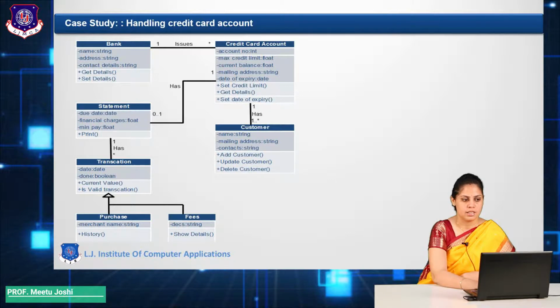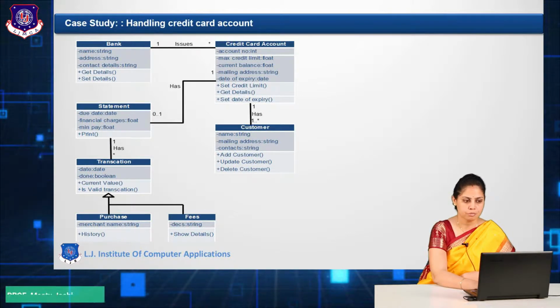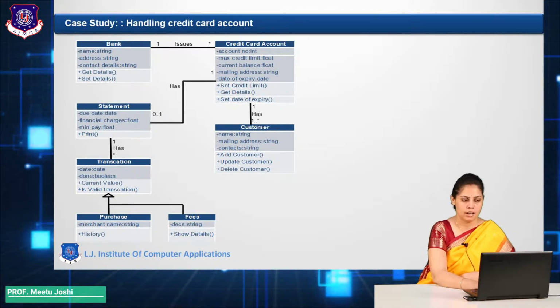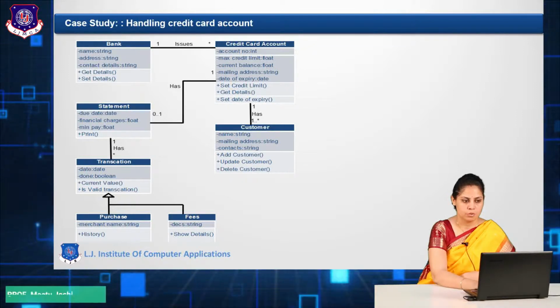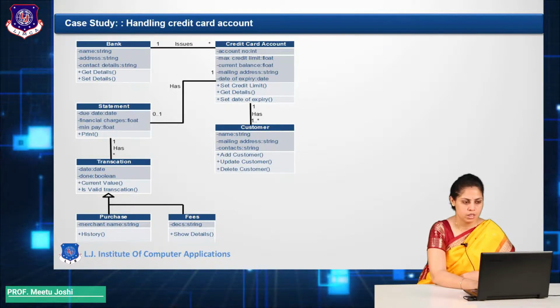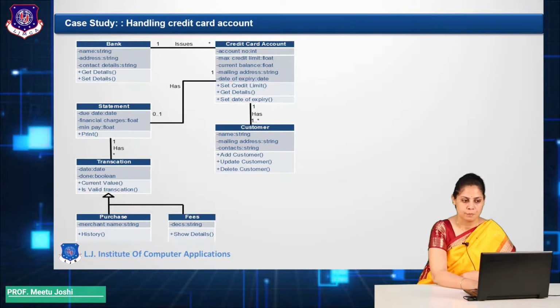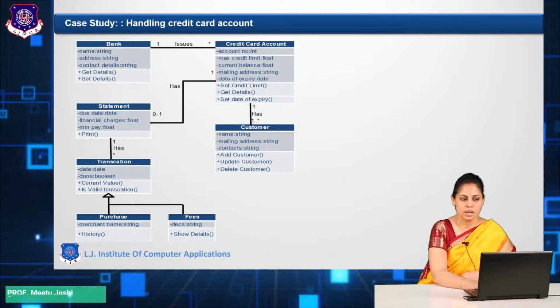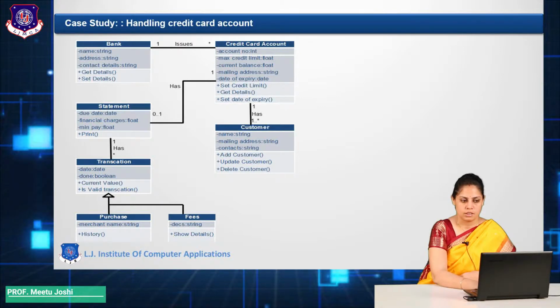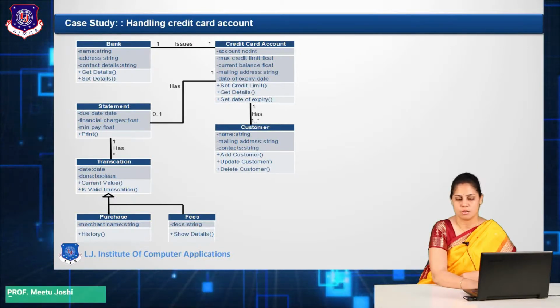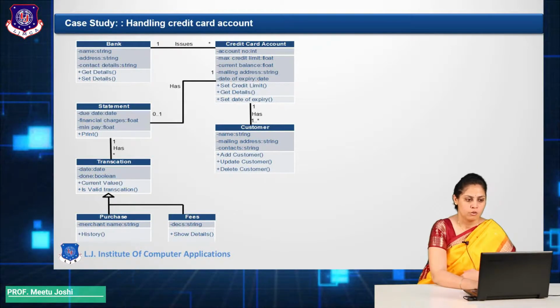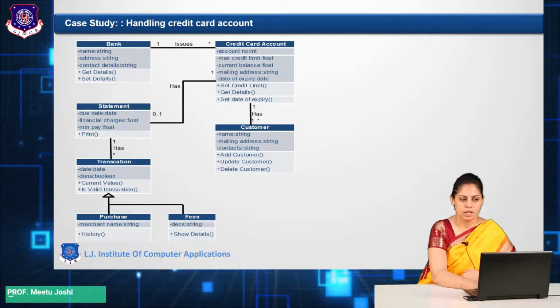Get detail and set detail are the operations. It issues credit card accounts, in which I put attributes like account number, maximum credit limit, and current balance. Now, these credit card accounts are associated with customers. For each and every credit card account, the bank